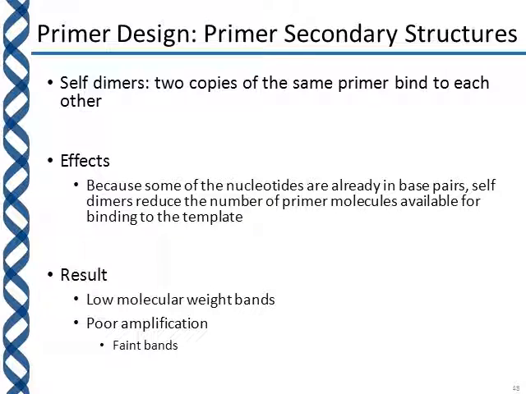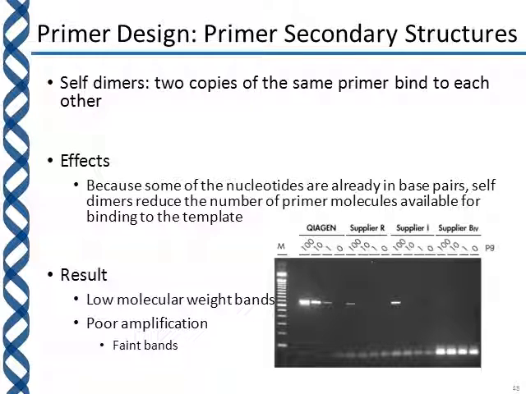The other way you can tell that you have primer dimers forming is with the low molecular weight bands that you would see at the bottom of your gel. So here is an example of a gel with varying concentrations of primer dimers being formed. Down here, as I said, they're very low molecular weight, so they typically show up below all the bands on your ladder, and as you can see, the amount of primer dimer is sort of inversely proportional to the amplification